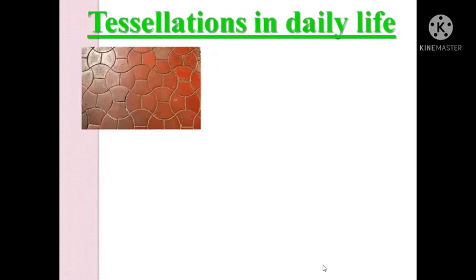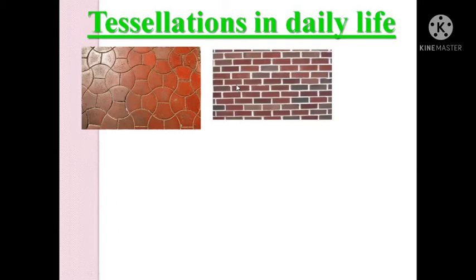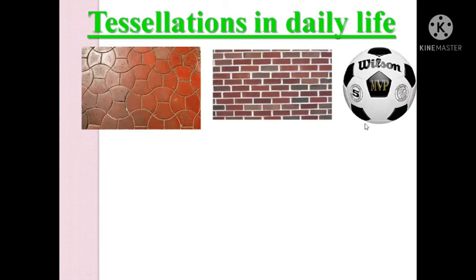We also use tessellation in our daily life. We see tessellation patterns in our daily life. Let us see. Could you see the tiles arrangement? This is irregular tessellation. There is no gap between each and every shape, and no overlappings. So this is also one of the tessellations. See here, the brick arrangement is also tessellation. There is no gap between them. See, we use a football. In a football also, pentagons are used, tessellated with each other. So this is also tessellation art.